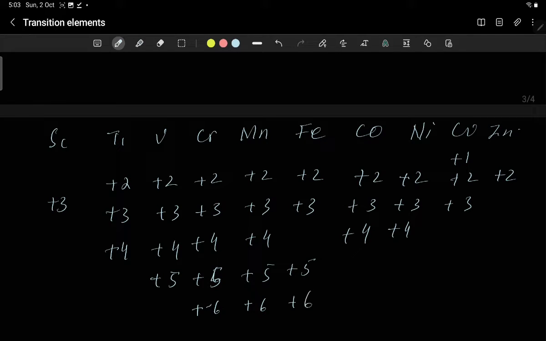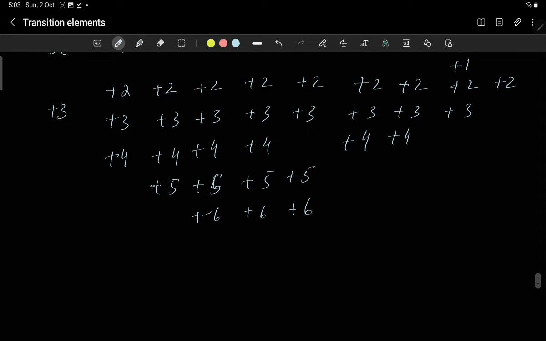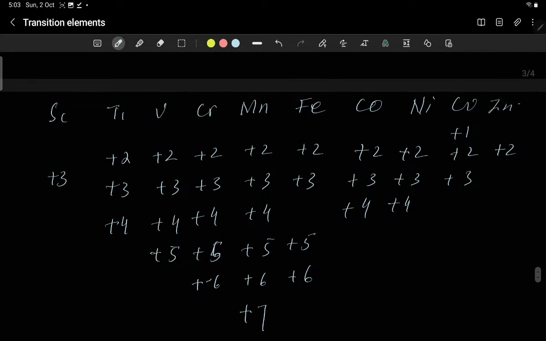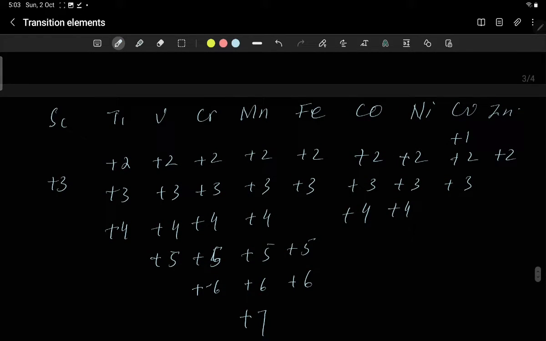Iron has plus 6. And manganese only has plus 7. So there are uncommon oxidation states as well. In case of titanium, vanadium and chromium, plus 2 are uncommon. In vanadium plus 3 also uncommon,